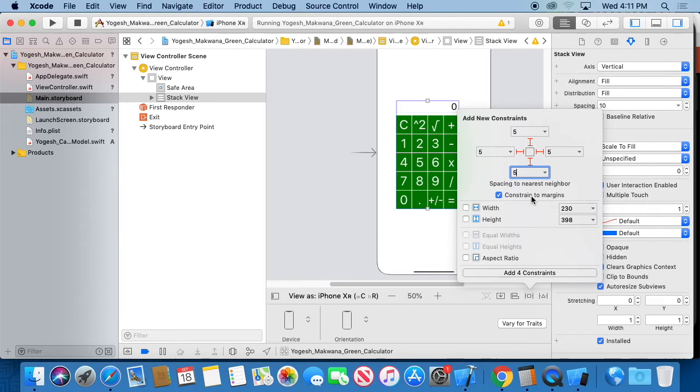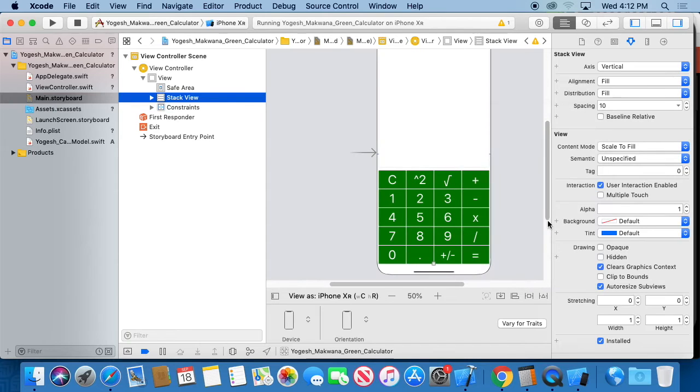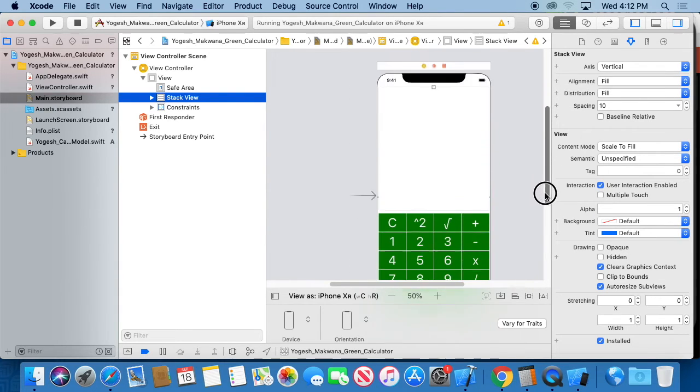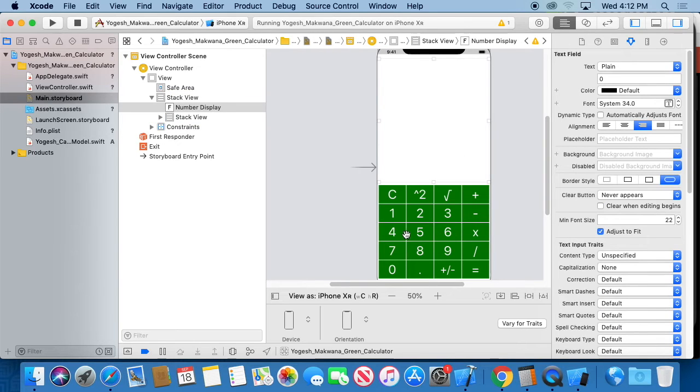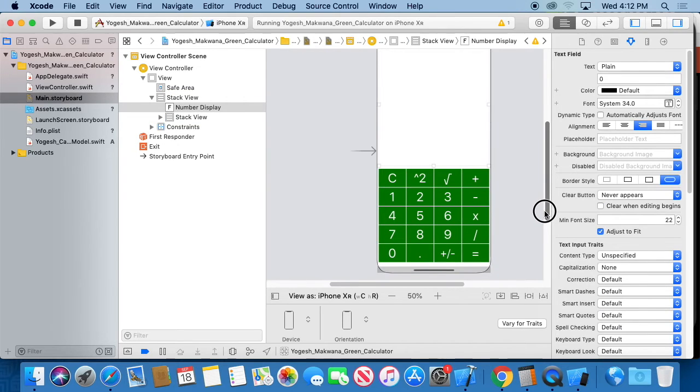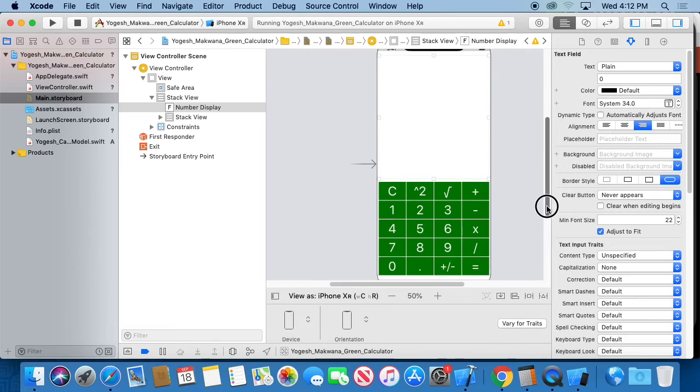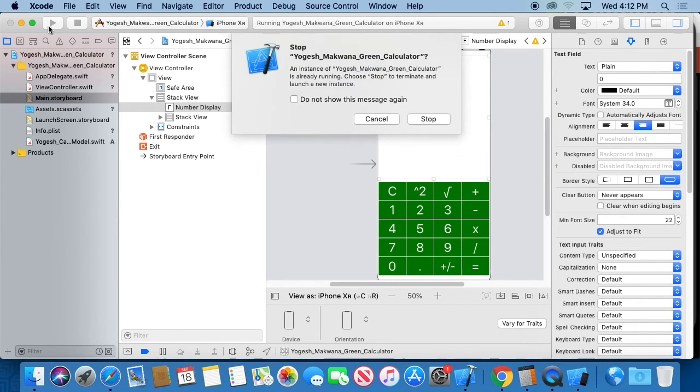Okay, everybody got this? Okay, then you say add 4 constraints. It should read add 4 constraints. If you have by mistake selected something else, this number will be different. So when you see add 4 constraints, click it. So what happened? Now if you run it, you will see that,